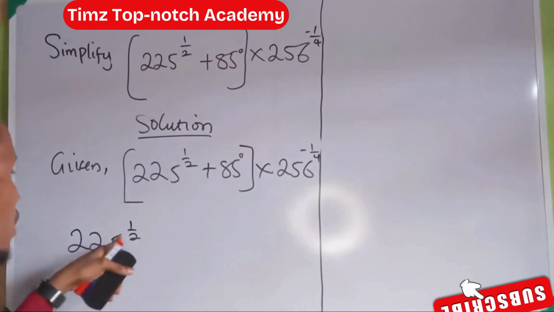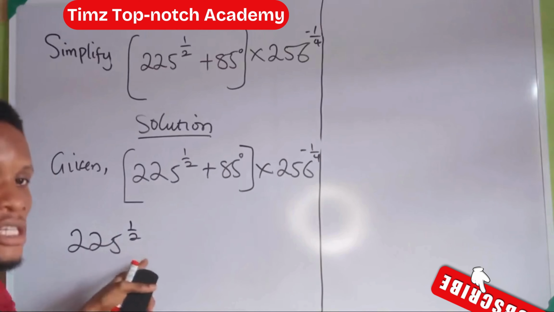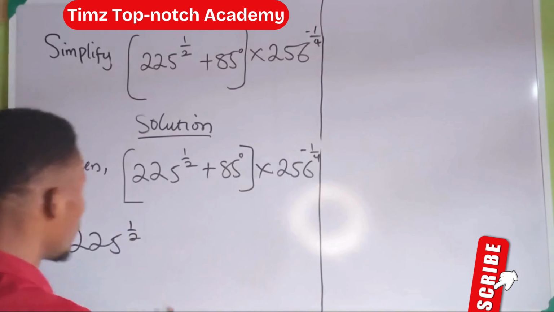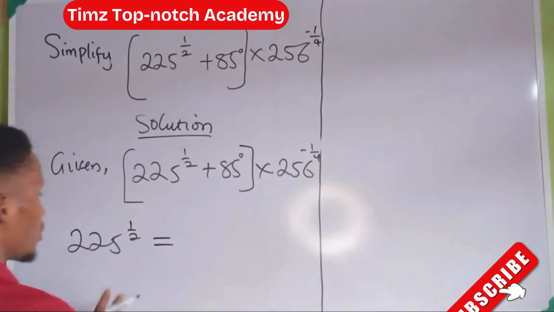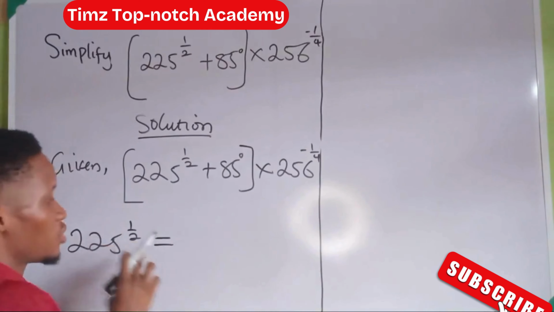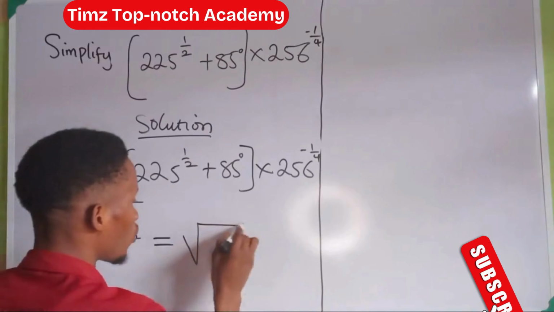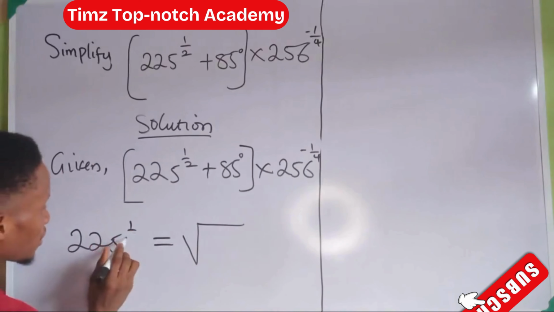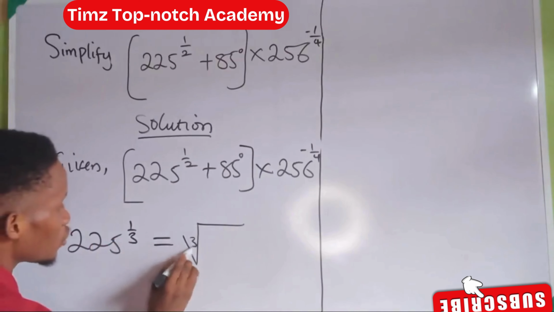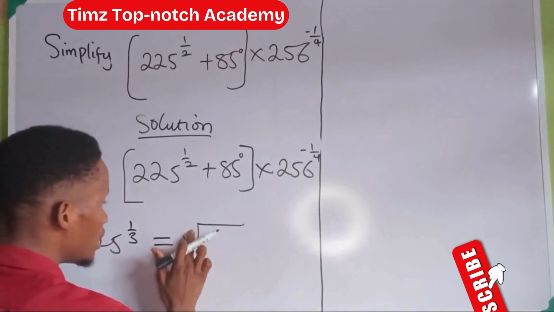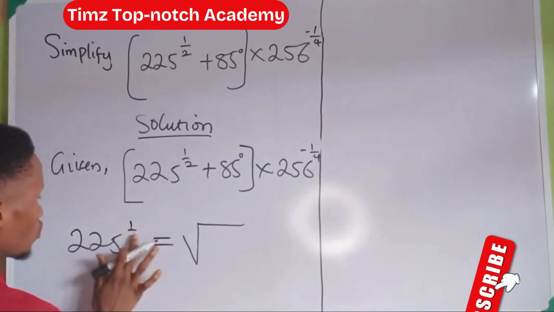If you look at this now, you know there's a lot of indices you need to apply. You are going to apply the fractional index law of indices. If you apply the fractional index law, whatever is here is the root you're going to take. So here you're taking the square root, because here we're having 2. Had it been 3 here, it would have been cube root. But because we're having 2, this is square root. So we say square root of